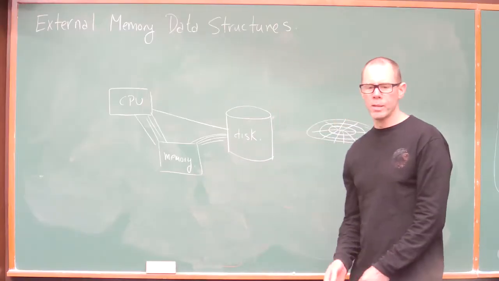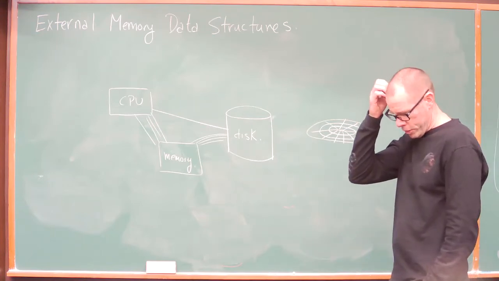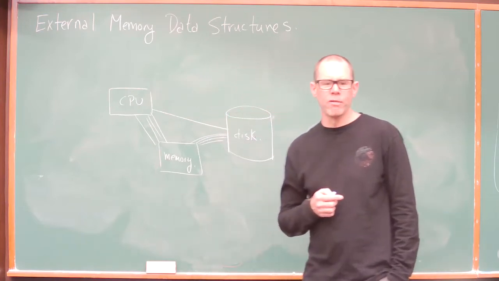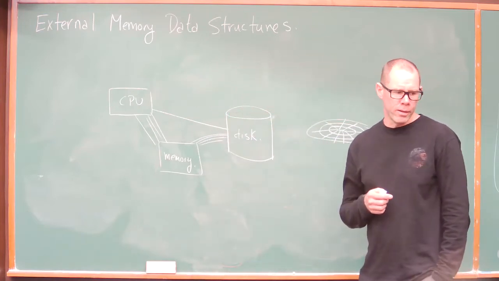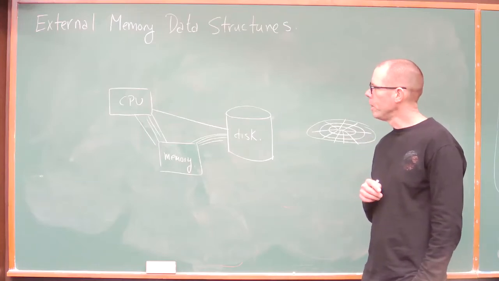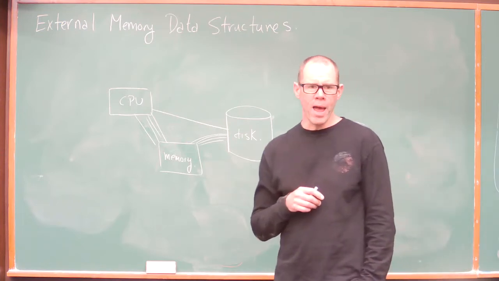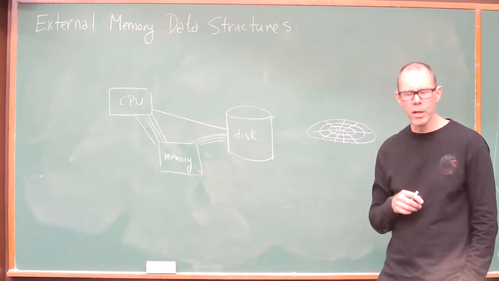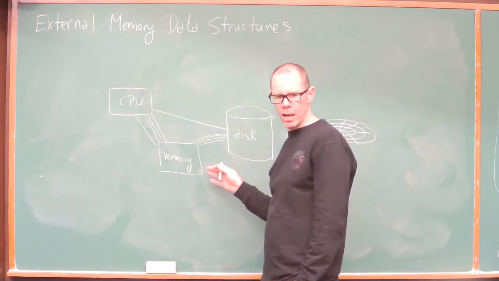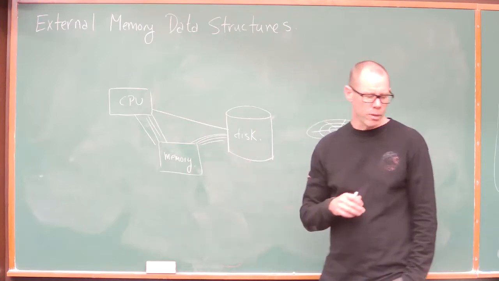Today we're going to talk about external memory data structures. These are data structures designed to recognize the fact that the normal model of computers that we think of is maybe a little bit idealistic. So we usually work in the RAM model or the von Neumann model of computation, where there's a memory and a CPU. You access individual words of memory and you compute on them on the CPU,